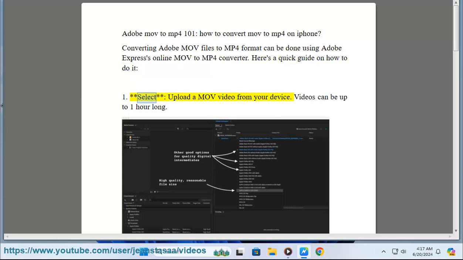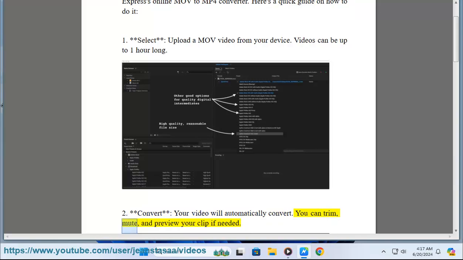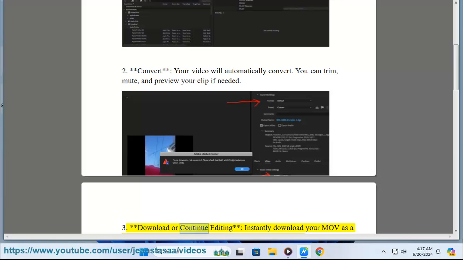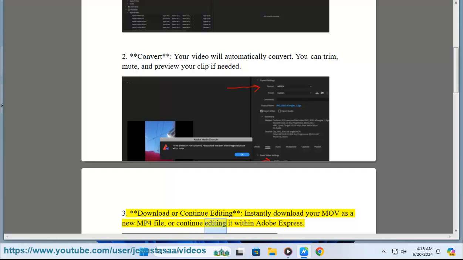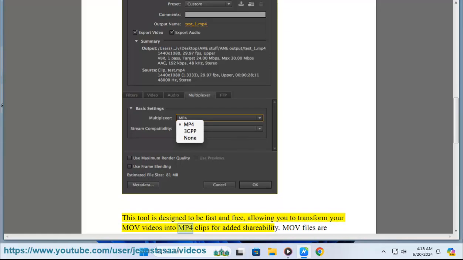1. Select: upload a MOV video from your device. Videos can be up to 1 hour long. 2. Convert: your video will automatically convert. You can trim, mute, and preview your clip if needed. 3. Download or continue editing: instantly download your MOV as a new MP4 file, or continue editing it within Adobe Express. This tool is designed to be fast and free, allowing you to transform your MOV videos into MP4 clips